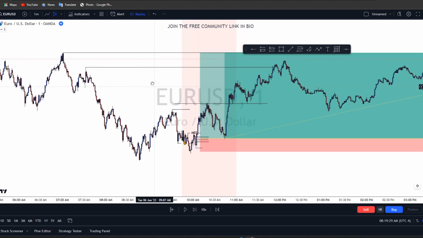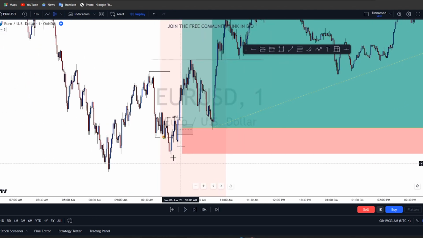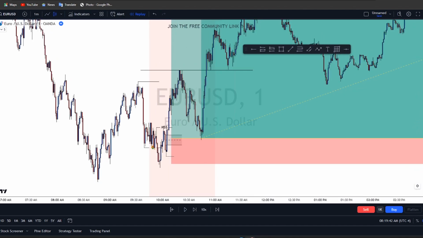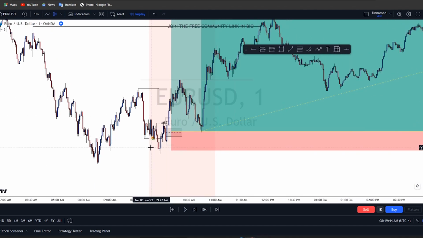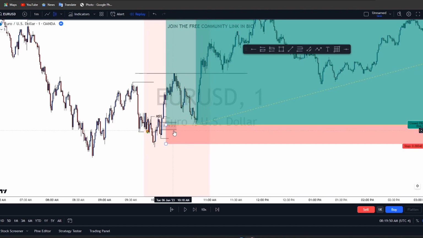As you can see here, so remember, you want to start off before 9:45 a.m. find your two liquidity areas, whichever one gets taken first. We're going to go in the opposite direction. So right here it has taken sell side liquidity, gave us our market structure shift, leaving us with a fair